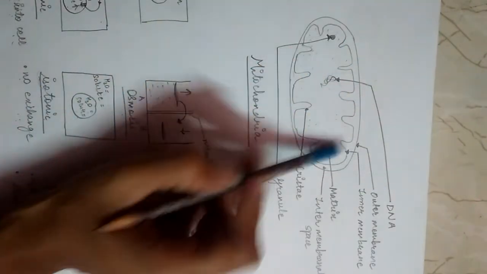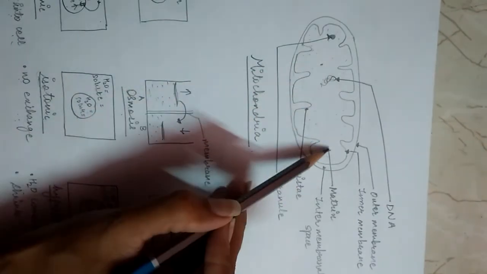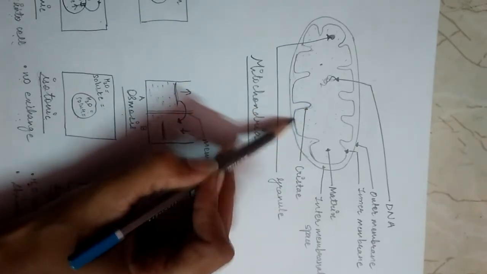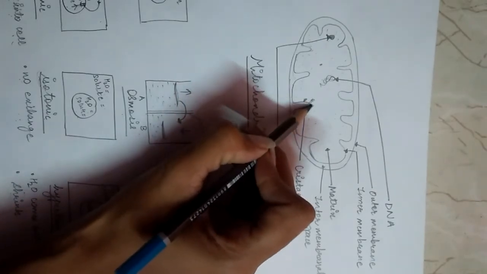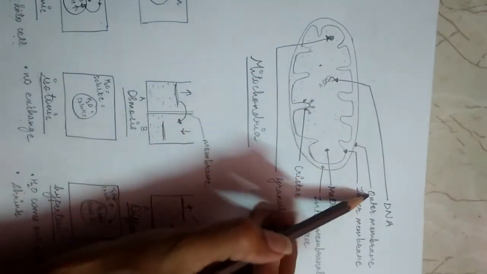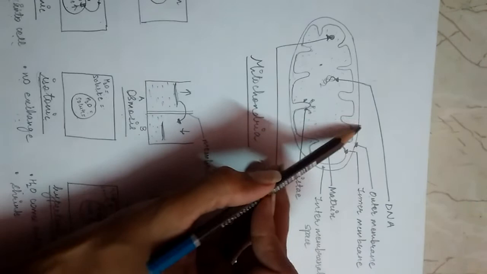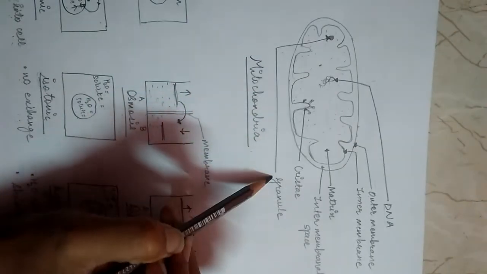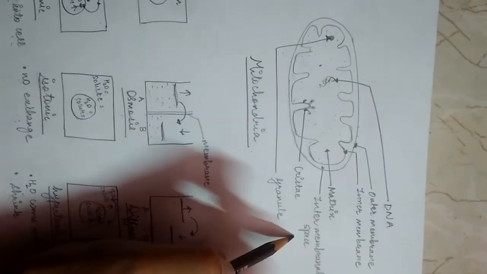This is the structure of mitochondria. It has its own DNA and there are ribosomes in it. This is the matrix, means a fluid-like structure. This is the cristae, the fold-like structure, and inside there are some particles which can generate ATP. These particles are known as F1 and F2 particles. They have two membranes, an outer membrane and an inner membrane, which is deeply folded, and the outer membrane has some pores on it. It has its own DNA. The presence of granules means ribosomes are also present, and between the two membranes there is the intermembranous space, and the fluid